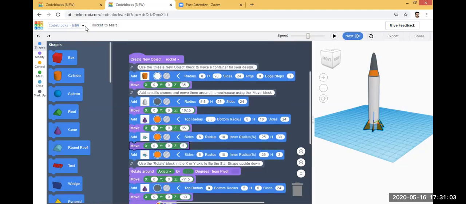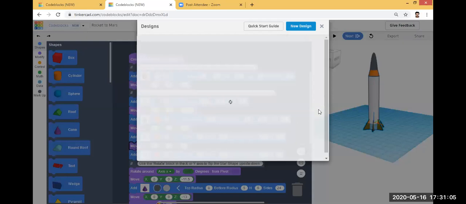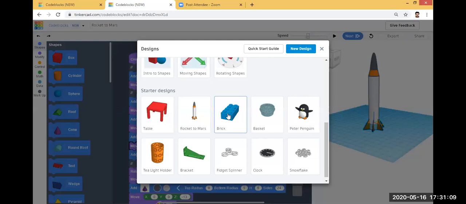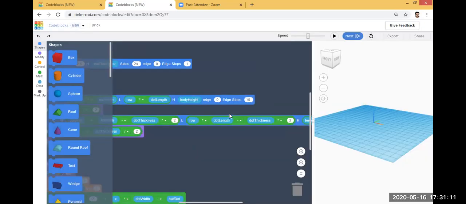Then I will show you another example, that is brick. Just click once. In the left top you can see brick.